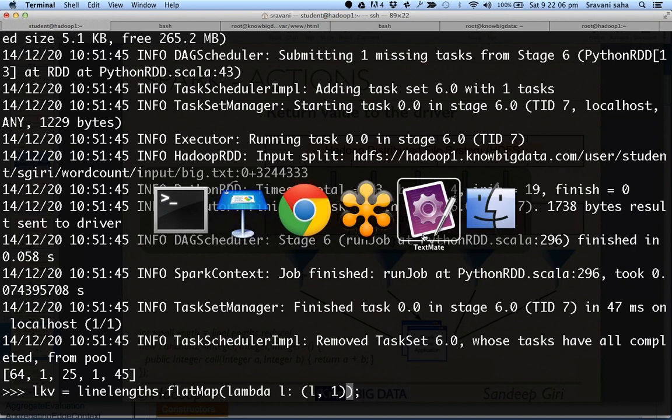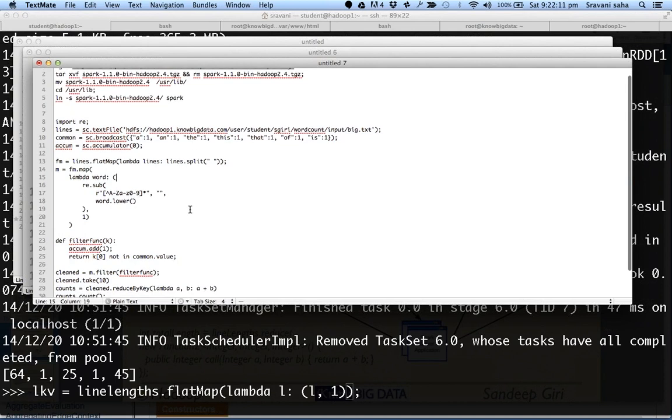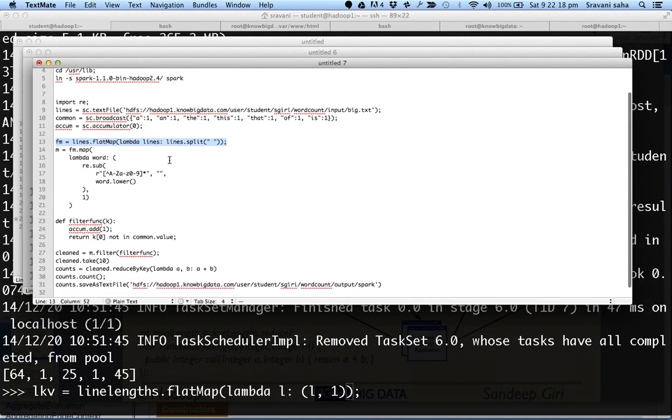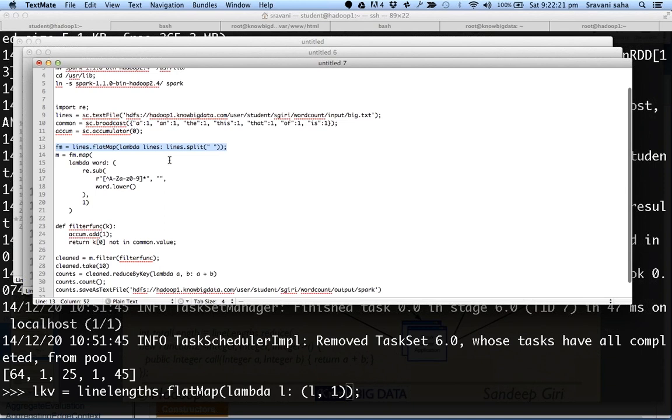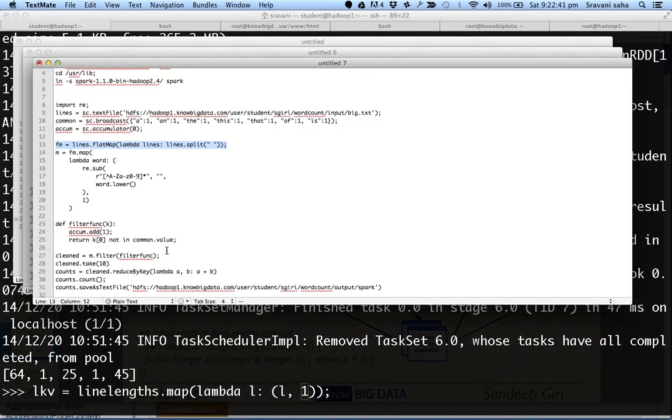All right, let me just have a look at what I was doing. First, let me just generate the map. Flat map is for multiple values. Here we don't want flat map. We want basically a map, and all we want here is